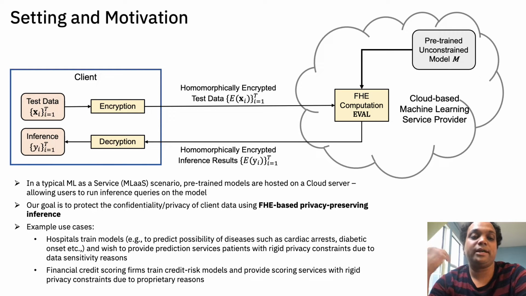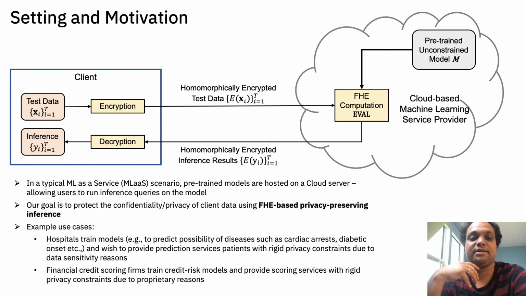And they would like to expose these capabilities for clients who could be either individual patients or smaller clinics which do not have enough data to train their own models. Now, obviously, patient data in such a setting is highly confidential, so you would like some guarantees on the privacy